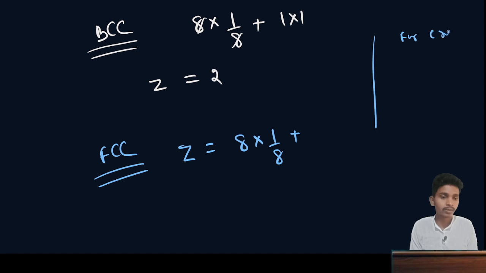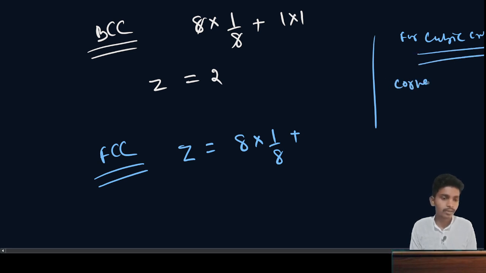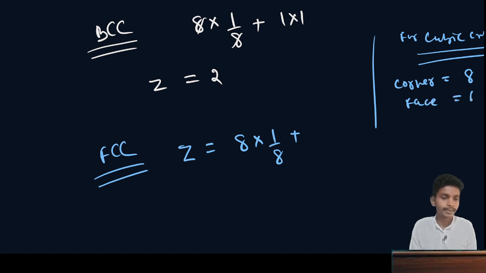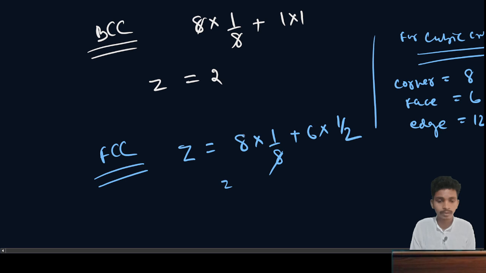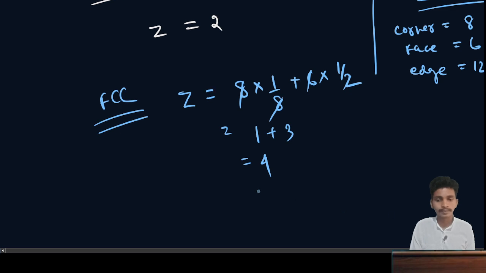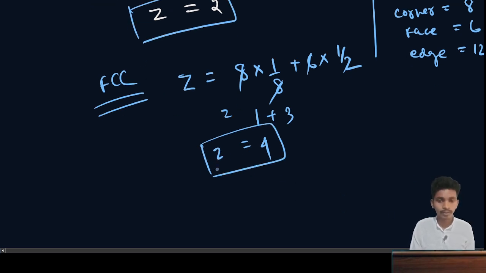For cubic crystals, corners are 8, faces are 6 and edges are 12. Okay, so faces are 6 and the contribution of a face is what we have seen, 1 upon 2, so this is going to be 1 and this is going to be 3. So for FCC, Z is equal to 4. Okay, for BCC, Z is equal to 2, and similarly for